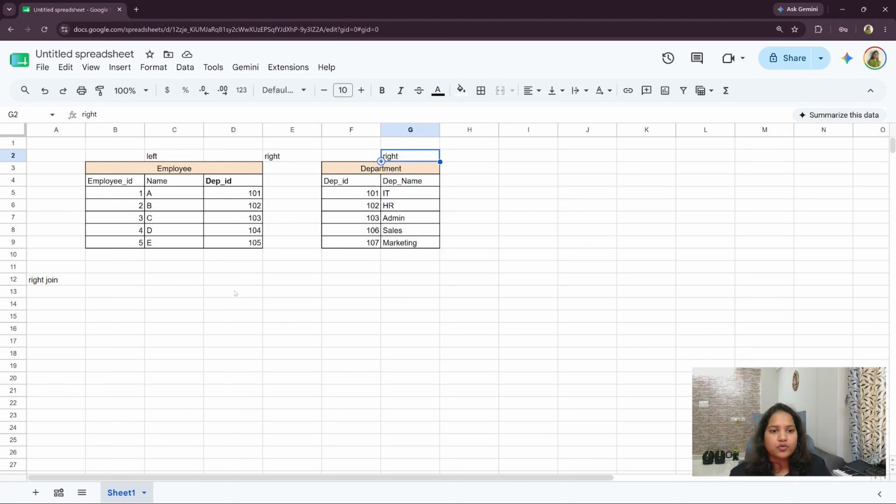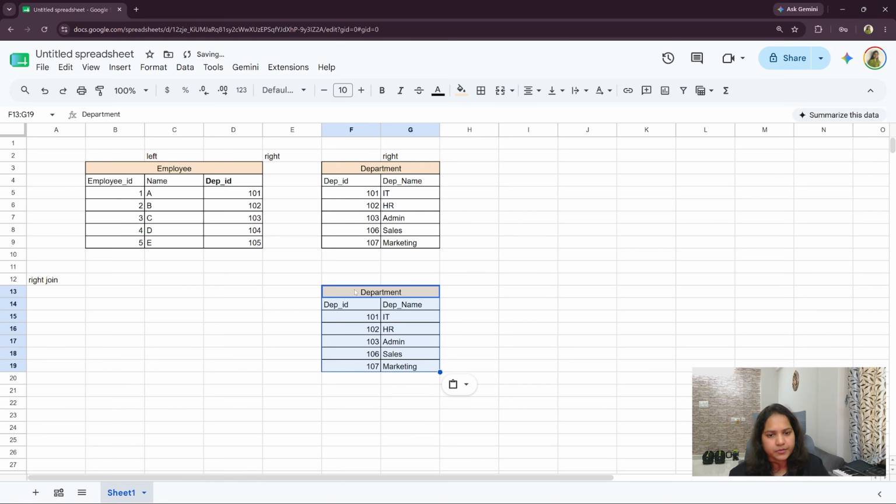So now you will get all the rows from this right table. Okay, not the columns, the rows. Right now we have two different columns, right? So both of them I am taking. So now all the rows from this table will come. Then if you want from the left table, I just want the name of the employee, then the name column will come.